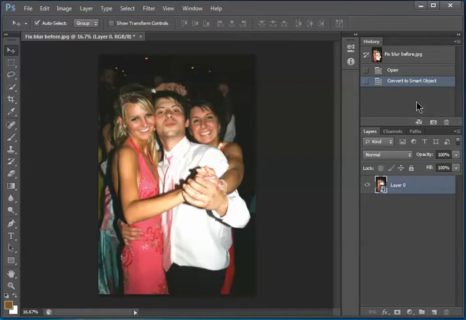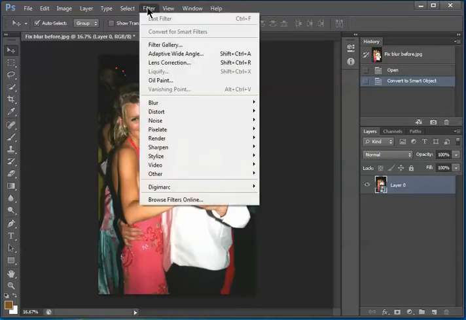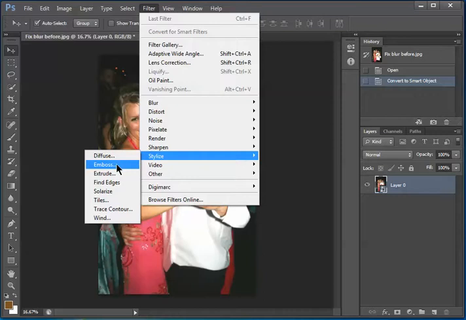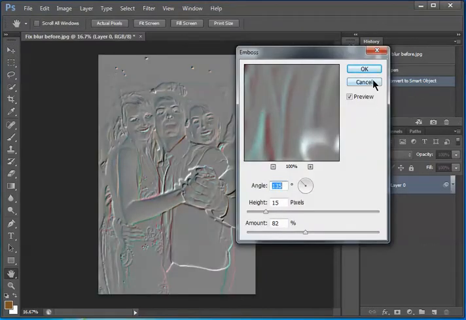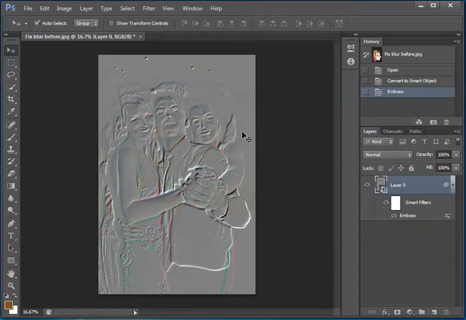And now I'm going to go to Filters, Stylize, and I'm going to choose the Emboss. And this is only one step here. It's going to do something very strange. And later, if you get to be an expert, you can use these sliders to change, but I'm just going to use the defaults and click OK. And that might look like it's doing a very odd thing, but now